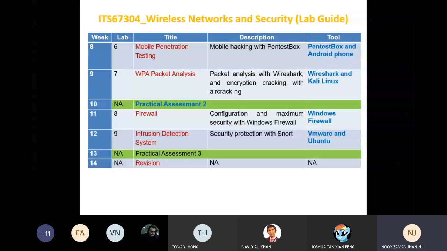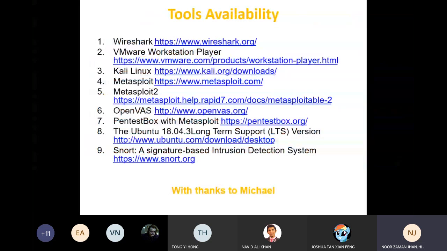about your final examination. So now you can see that we discussed these are the tools we are required to use for the whole semester for the lab. So from where you can get them, these are the tool availability links. If you need Wireshark, this is the link, you can go. If you need VMware, this is the link provided here in the presentation, and this presentation is also available at the Times.